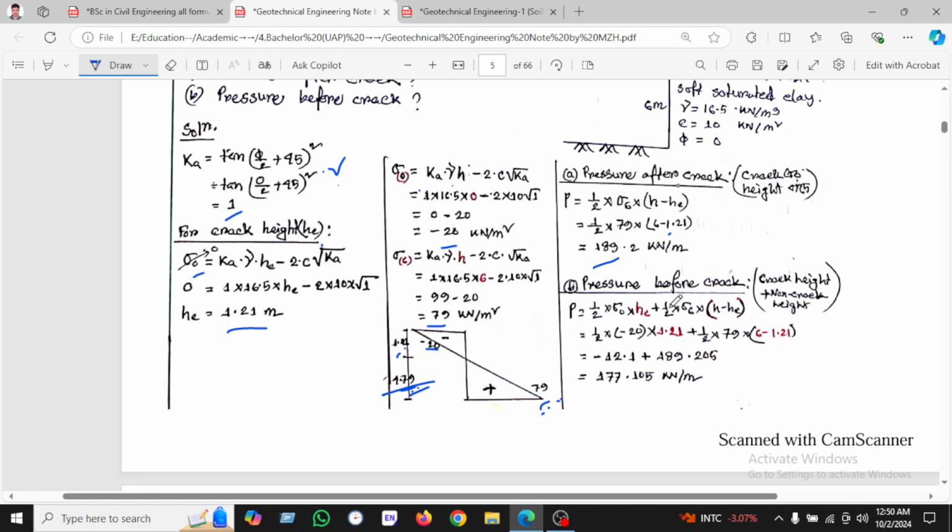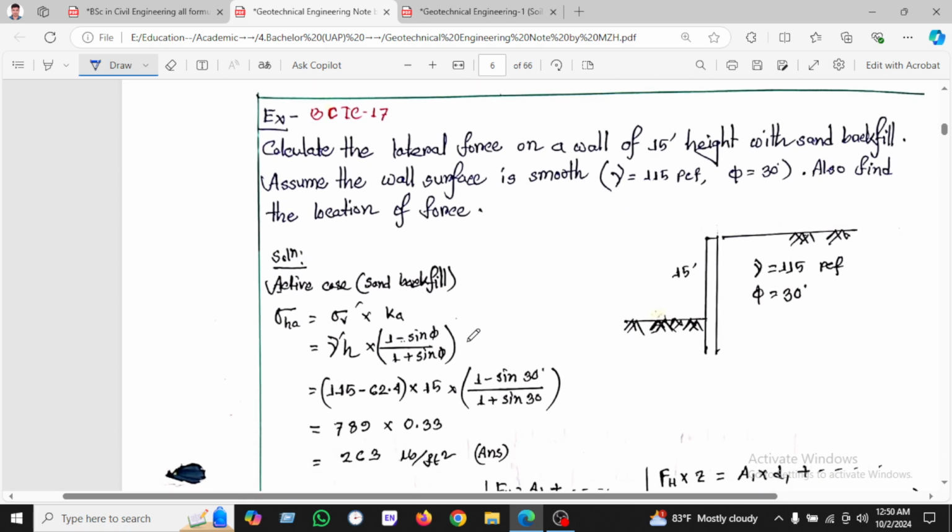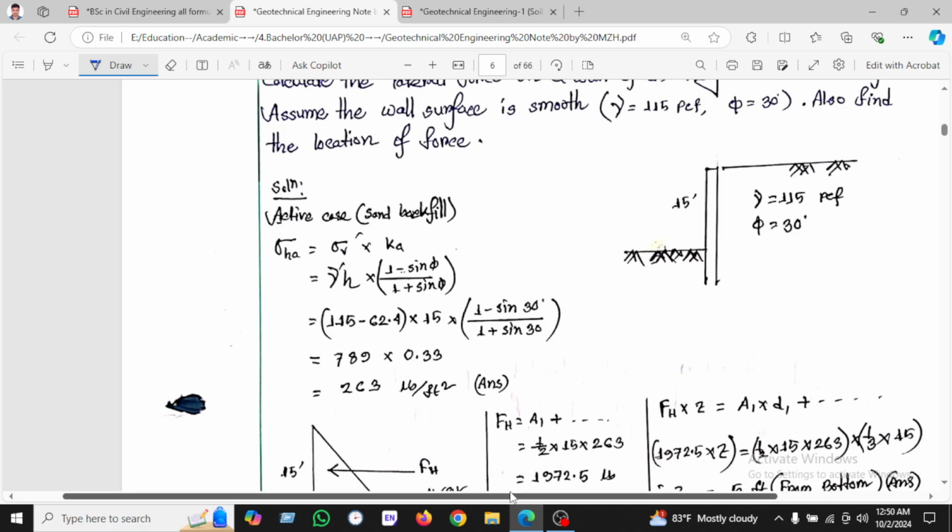In this way, pressure before crack we have seen half into S into AC, which is 1.1, and half into AC, where AC into H minus AC, that means 4.47. 6 minus 2 minus 4.79. And we calculate another, we can see